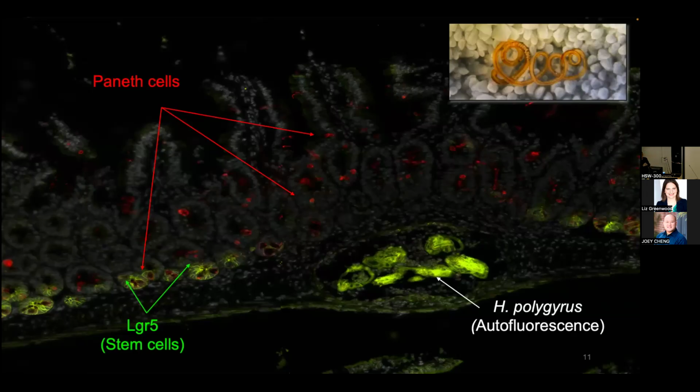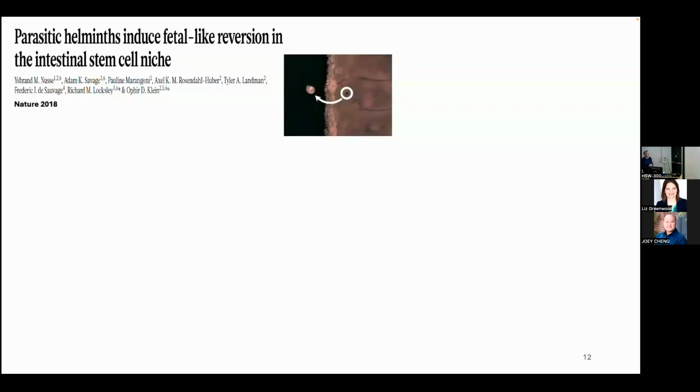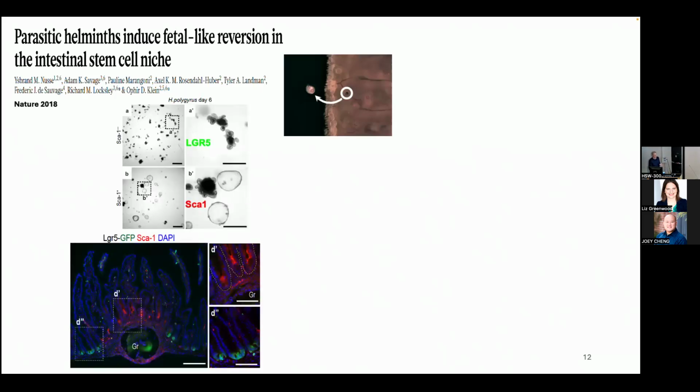There's nothing wrong with the architecture. In fact, the villi are longer over the worm. So how is this epithelium maintaining itself in the absence of this stem cell marker for adult stem cells? That was something we took on with Ophir's lab in a collaboration with a student in his lab and Adam Savage, who was a postdoc in the lab at the time. Adam had figured out a way to punch out the granulomas and the normal pieces of gut, and then to figure out what these things expressed.